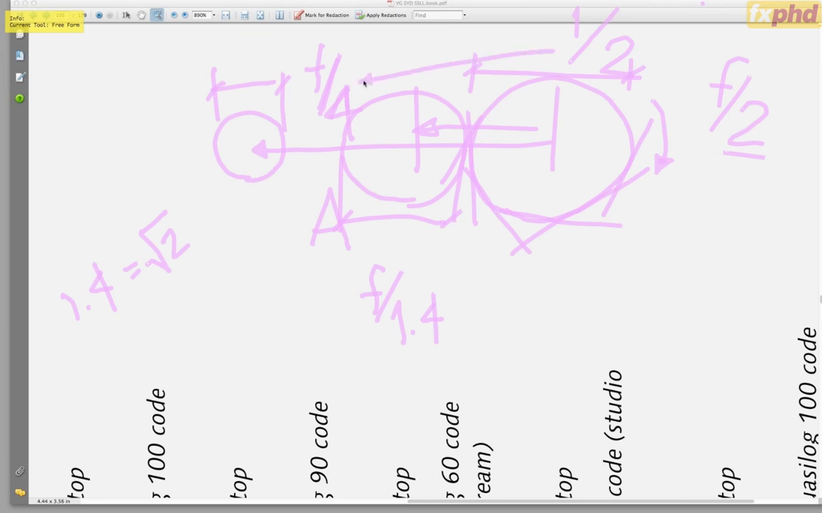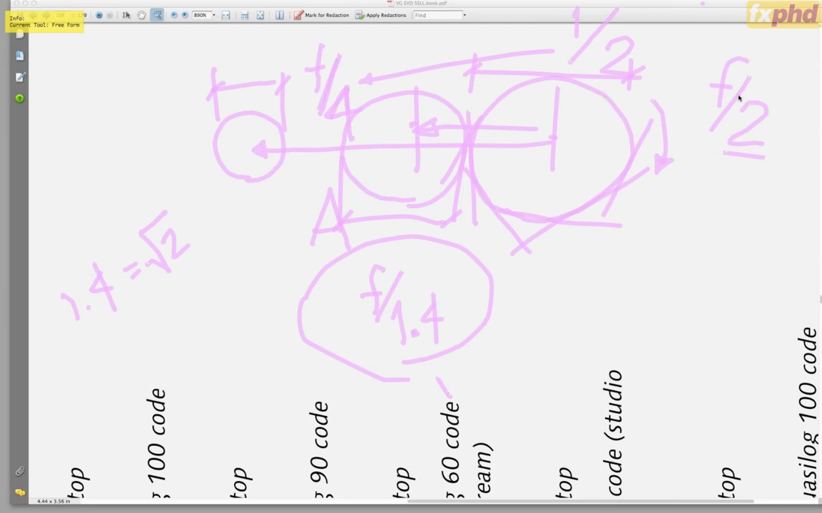Going to f over 4 makes the area 1/4. And we want an area that's 1/2. That's f over 1.4. So, oh, Dirk, you're right. It's my mistake again. As we stop down, no, this is right. F over 4 is correct